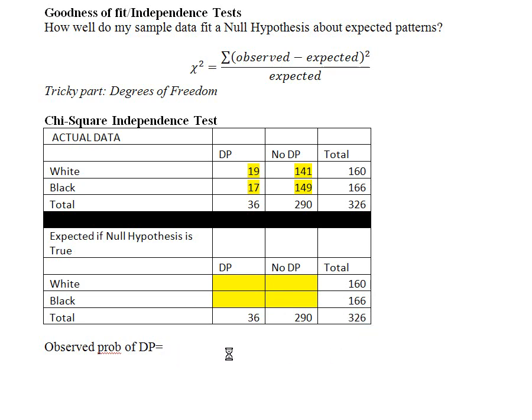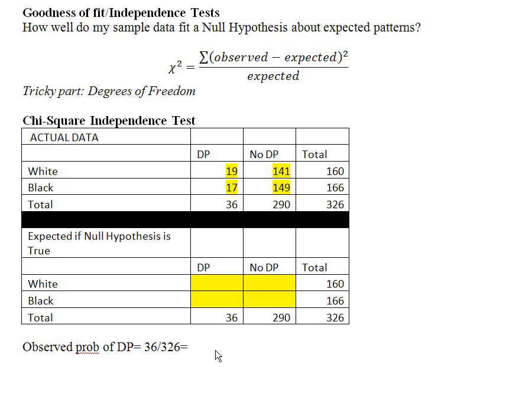So our observed probability, or proportion, is 36 divided by 326. And that equals about 0.11, 11%, and some change. So normally I wouldn't round off this much, but we'll call it 11% to make it easy to talk about